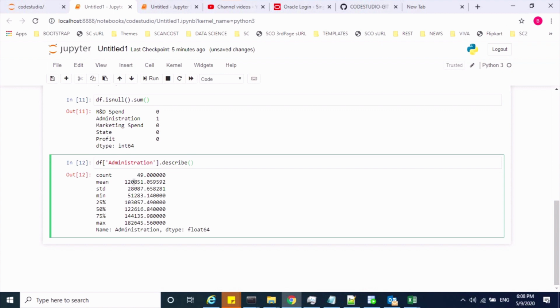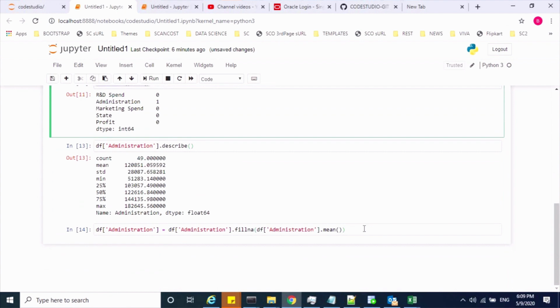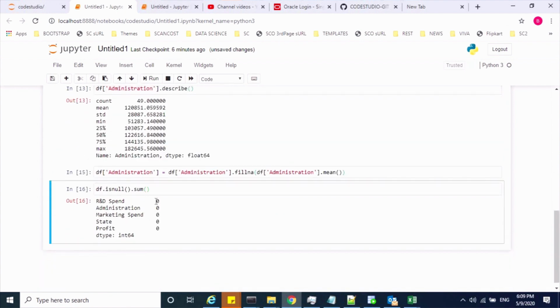How to do that? Let's see. So basically using fillna, we can achieve our requirement. Use this fillna, in brackets with what value you would like to fill the null data. So basically I want the mean of this feature, dot mean. Here is the command to fill the missing data. So it's filled. Let me run this command again and see if we have any missing data. So it's been filled now. So we have handled the missing data.